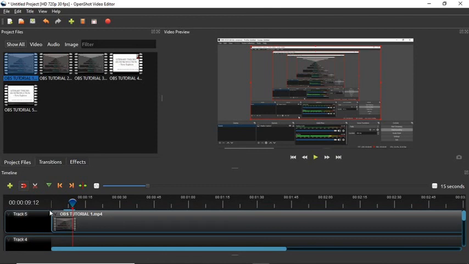So when they play, the video and the audio track together will be played together, right? You don't have to rely on only the video track that has been already recorded. You could remove the audio from this video, and then create the separate voiceover if at all you think that is necessary, and then add only the audio track here. And then if you play it at the same time, when the track pointer moves here, the audio at the same moment and the video at the same moment will be playing parallelly. But then that is another advanced feature here. Only if you are exploring too much into OpenShot editor, you'd be using it. Otherwise, this is more than enough.